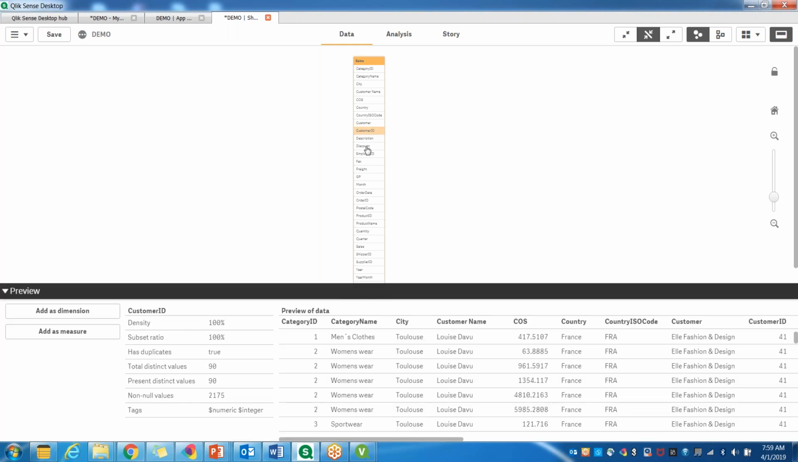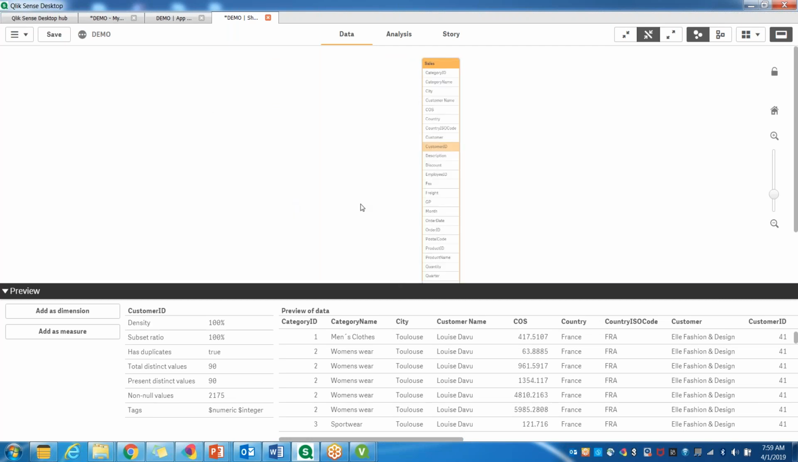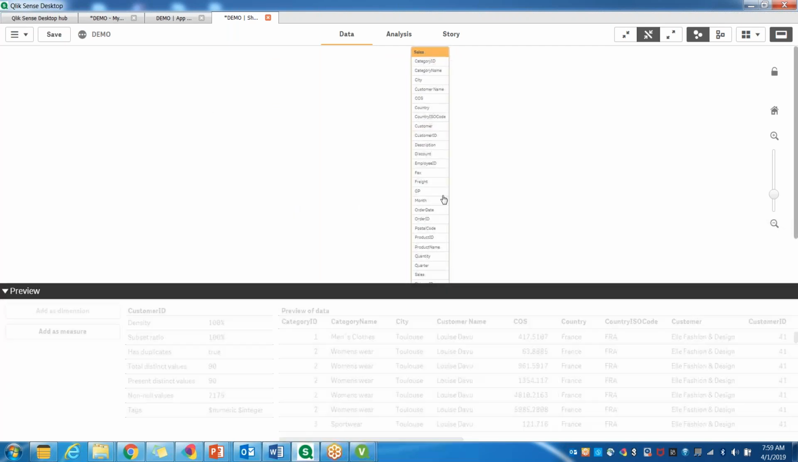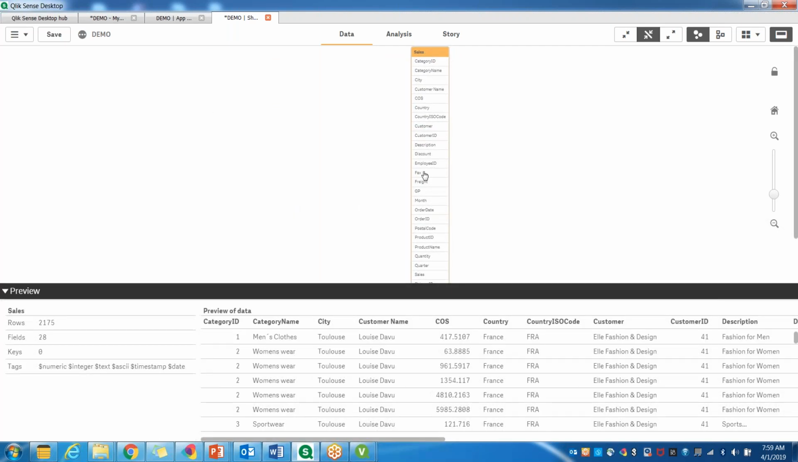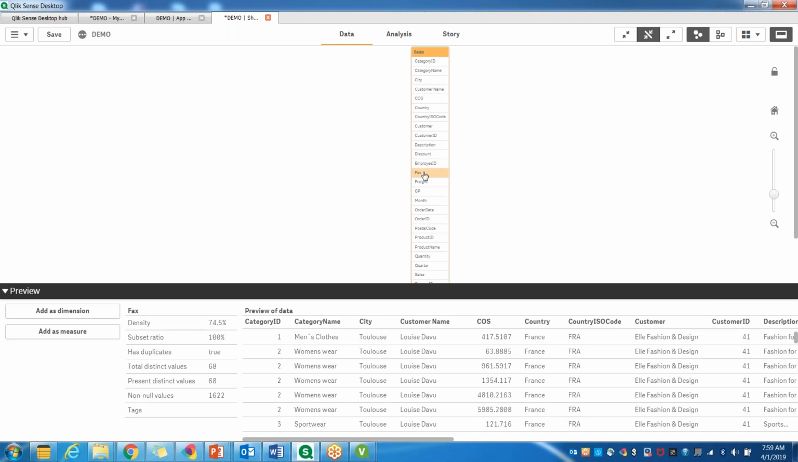Okay, so let's suppose customer ID. How many total customers are there? How many non-null values are there? And if some column has null values, it will also show you that. I think I have null values in the facts column. You see, non-null values are only 1622,